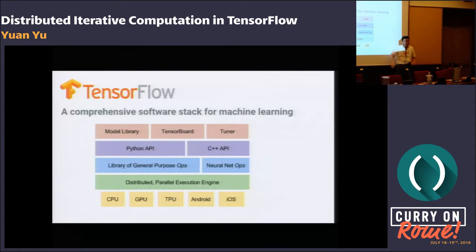And there's also a C++ API, and people are working on Java bindings, Go bindings, and some other languages. On top of it are application user models, and people create a lot of models for translation, for speech, for all kinds of things, image recognition. It's part of the ecosystem, and people can use it and play with it.